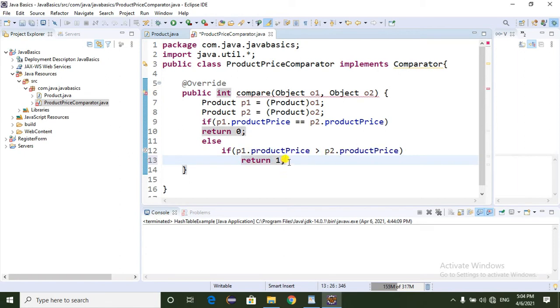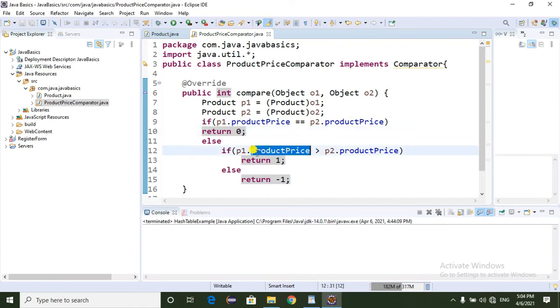And one more condition, else it should return -1. So if both the product prices are the same, it returns 0. If product 1's price is greater than product 2's, it returns 1, otherwise it returns -1.